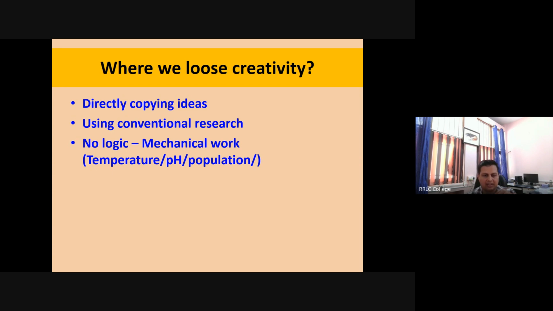The computer will analyze and give us anything. We can put in any values, and it will give you all the data, all different kinds of graphs, but it should have some meaning, right? Here we lose creativity when we don't think about what we are getting and we do it just for the sake of doing it.